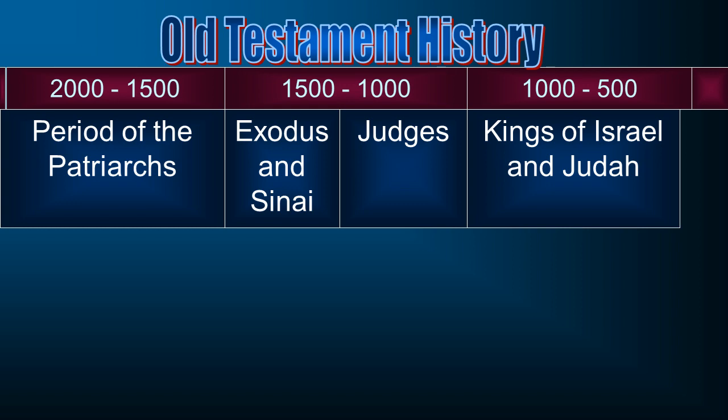And now in 586 BC, and if somebody says 587, that's okay. I'm not going to quibble over the year. But 586 BC will be the destruction of the temple, and the southern kingdom of Judah will also cease to exist. And now we have the Babylonian captivity. But after the Babylonian captivity, there's going to be a return. Notice it's not 500, a little bit earlier than that.